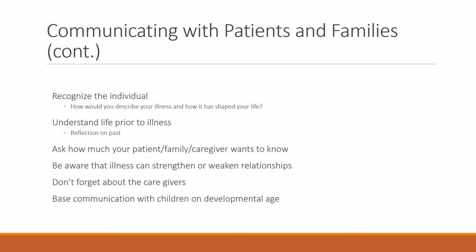Illness can strengthen a family's relationship or cause relationships to surface in unexpected ways. Families with uncaring relationships, such as violence or abuse, often have a harder time coping with negative feelings, anger, and guilt. The caregivers carry an enormous burden. It is important to involve the caregiver when necessary, but remember to ask how it is affecting them as well. It could be interfering with their work or their own health.